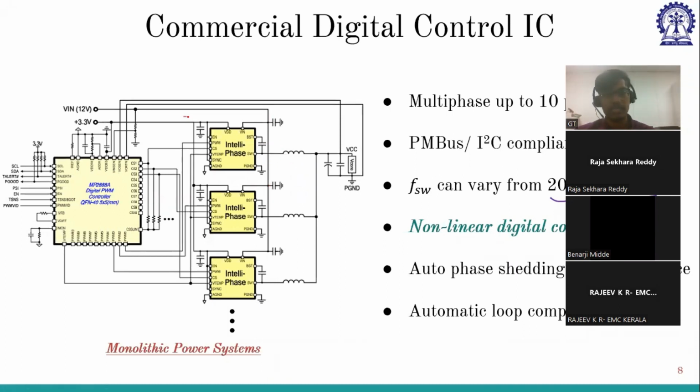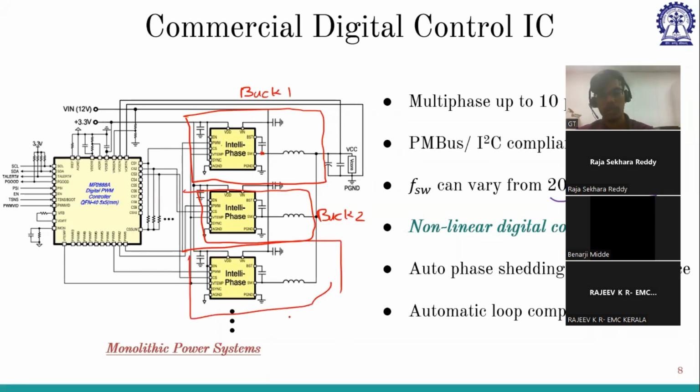So this is a buck converter. It has a gate driver and switch inside. This is the switch node. This is the inductor. This is the capacitor. So this is buck 1, this is buck 2, and this is buck 3. Similarly, we can consider 10 such buck converters. So multiple buck converters are connected in parallel. That's why we are calling this multi-phase